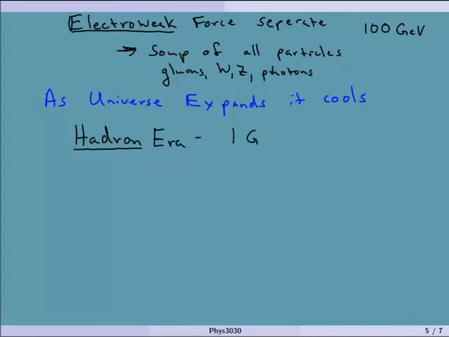This is at energies of about 1 GeV, which corresponds to about 10 to the 13 Kelvin, which is really, really hot. These temperatures, and this is at about 10 to the negative fourths of a second into the creation of the universe, the photons, okay, so what we believed was the universe, right, up until now was just those intermediate bosons, okay, and at this point the photons are going so fast